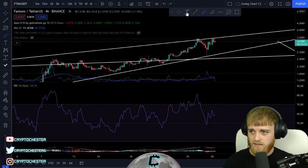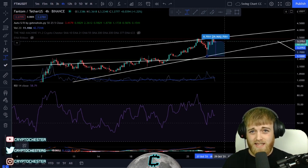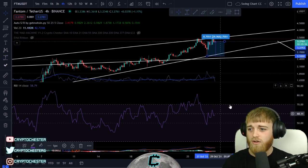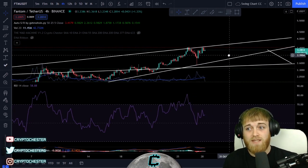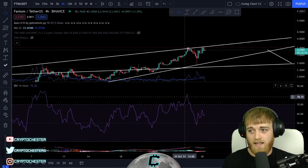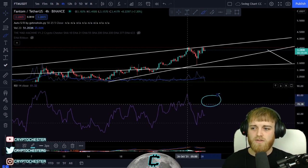In terms of percentages, in terms of a buyback from that trend line there to live price now, it's a 29% buyback, and you're not overextended on the RSI there. So that's pretty good, right? Because that basically means you're potentially in line for another move before you get to that overbought scenario there. But yeah, just be aware when you do get to this sort of zone, you can see the last